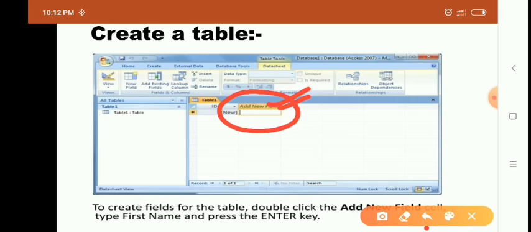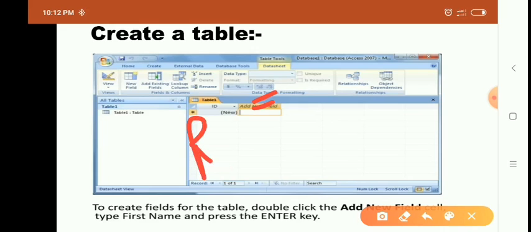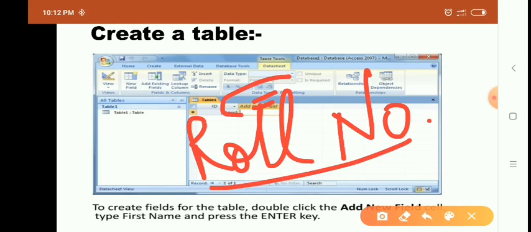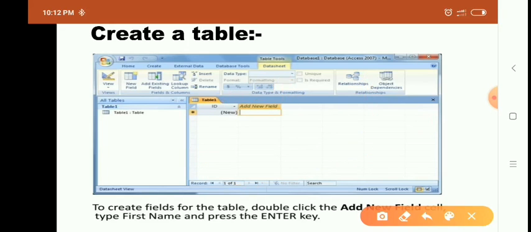When we want to provide new field names, we have to double click here, and then we can write whichever name we want, like the field name roll number. So I will get roll number in place of add new field, and then we have to click on the enter button. Then we move on to the next field.